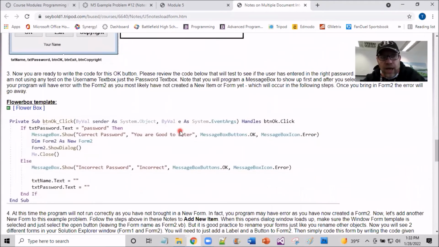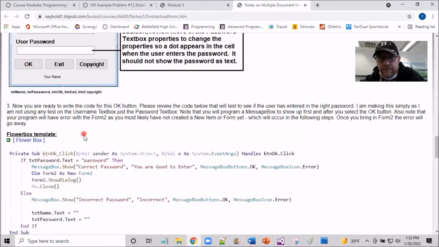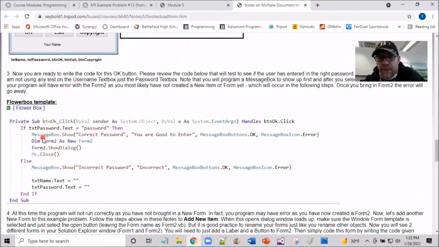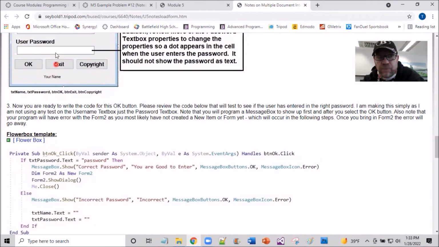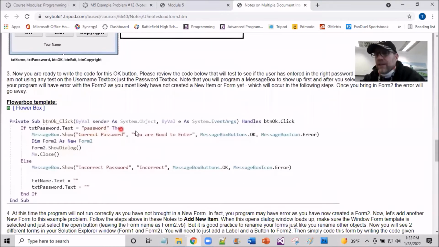All right, so as you get down below, I then provided you guys the code, and let's talk about this code. It's all based around the OK button first, and I'm using a message box. If you type in the word password correctly, you could type anything in here, but I just use password as the password. If this text box right here is equal to password, I mean, I just make it simple. You can have whatever password you want, but let's just use password for the password. Okay, so if this is true,